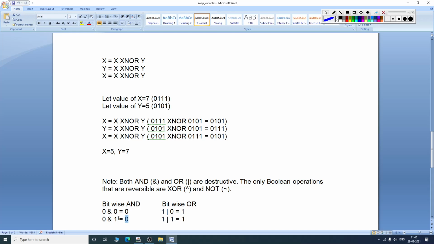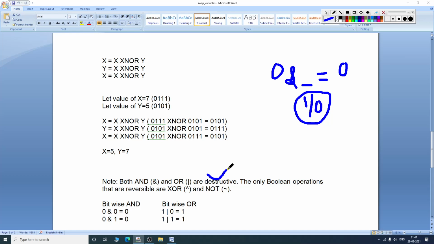I am told that I have used bitwise AND, so find out the other digit. It can be 1, it can be 0. I cannot predict the other digit, so there is no certainty, and my answer would always be wrong. So it is a destructive operation.